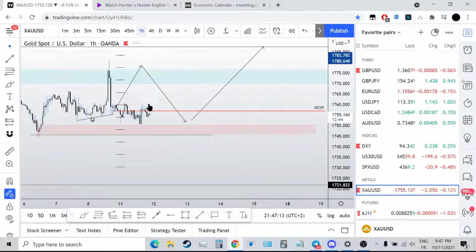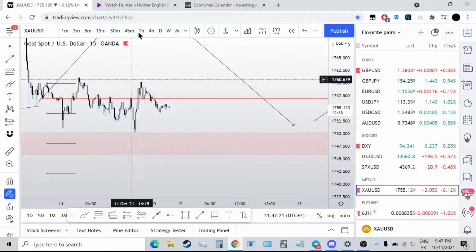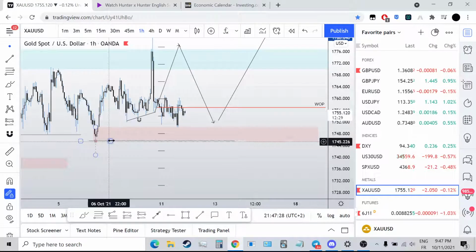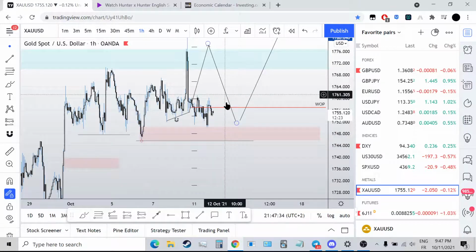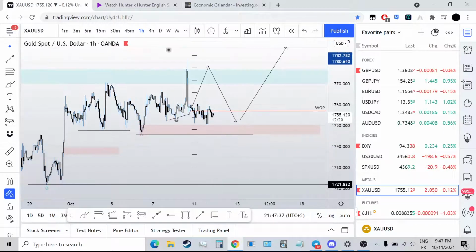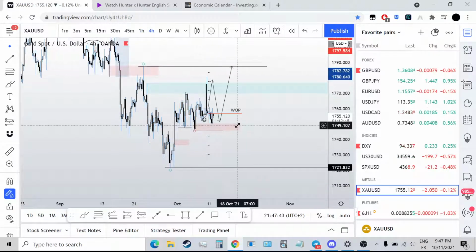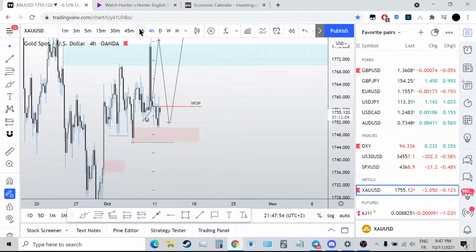But what I do want to see is us possibly run this low one more time, and then maybe start looking for buys. But I'll be completely bearish once we take out this low here, completely bearish to really sell gold. But right here you can get buys to possibly run back up to here. Or if you're completely bullish, you can aim for this high and this high. But to be safe, I'll get out around these highs right here. I might aim for this high if I do get buys tomorrow. So we'll see what happens during New York session.